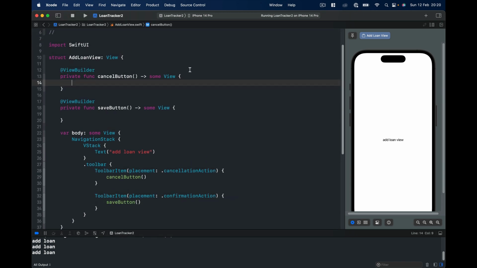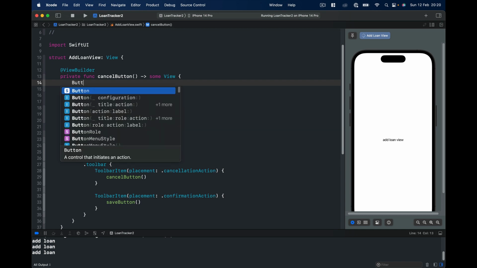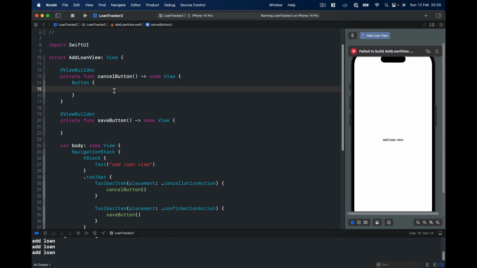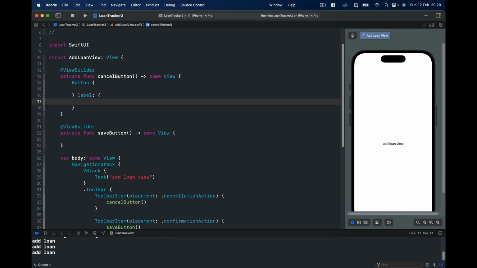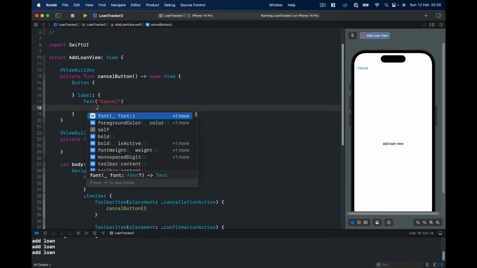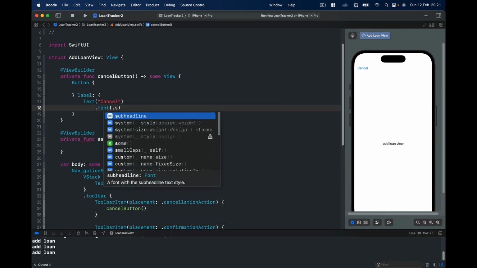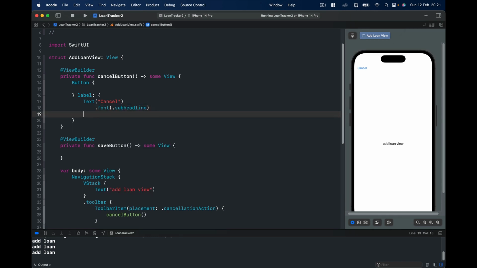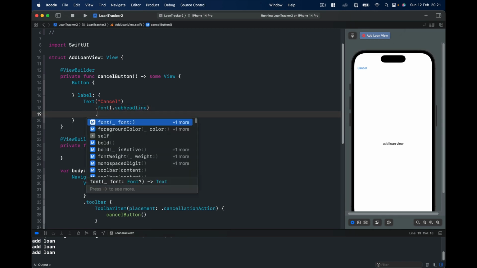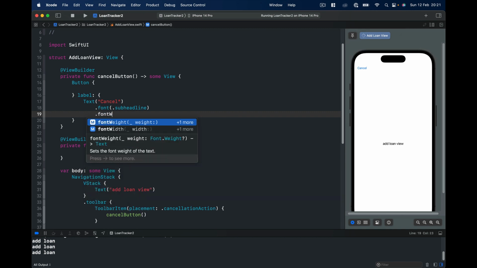So let's create a cancel action. What we need in order to cancel our view. Basically, we want to dismiss it. So I'm going to put a button here. It will have some kind of action and a label. A label is going to be a text, and the text is going to be cancel. And I'm going to pass a font modifier. Let's do this subheadline and make it semi-bold. We say font weight